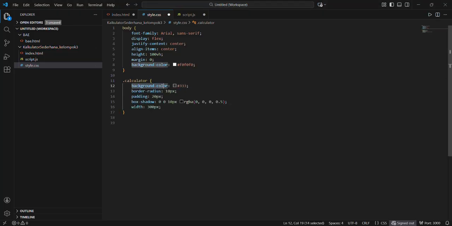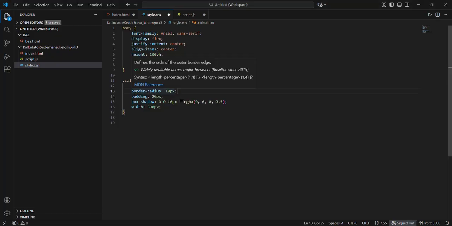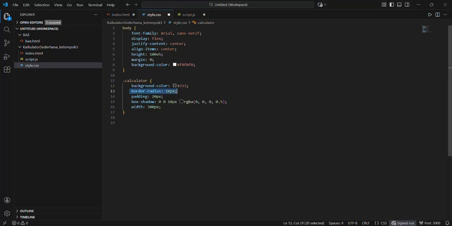This gives the calculator a dark gray color, making it look modern. Next, round the edges of the calculator box so it doesn't look sharp or boxy. Next, add spacing inside the calculator so its contents aren't attached directly to the edges.